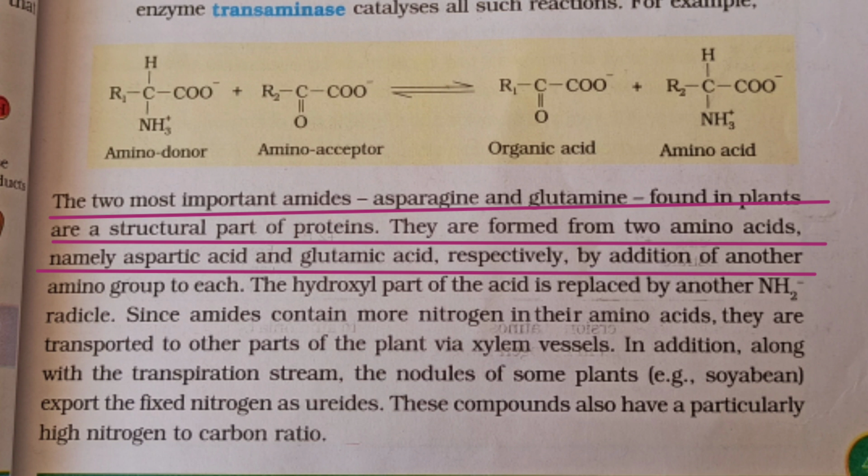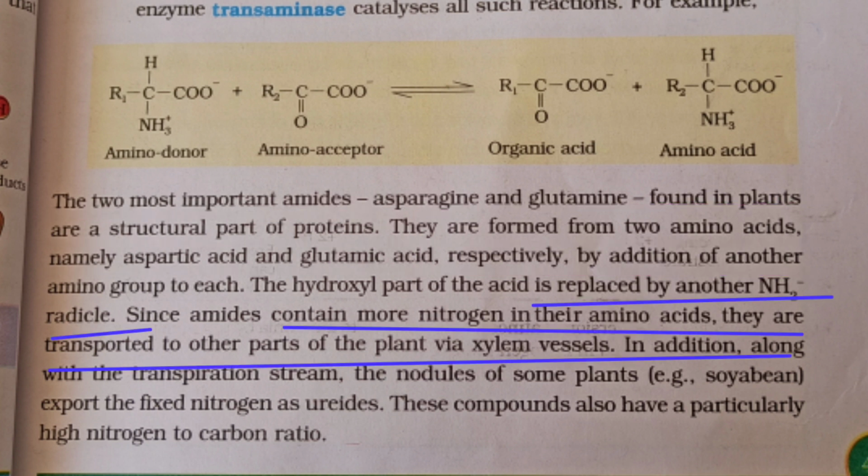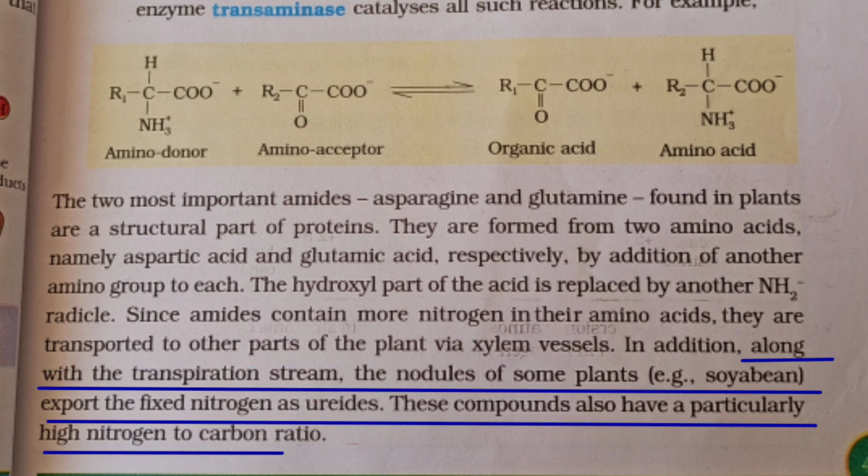In plants they are a structural part of proteins. In addition to another amino group, the hydroxyl part of the acid is replaced by the NH2 radical. Since amides contain more nitrogen than amino acids, they are transported to other plant parts via xylem vessels along with the transpiration stream. The nodules of some plants, such as soybean, export the fixed nitrogen as ureides. These compounds have a high nitrogen to carbon